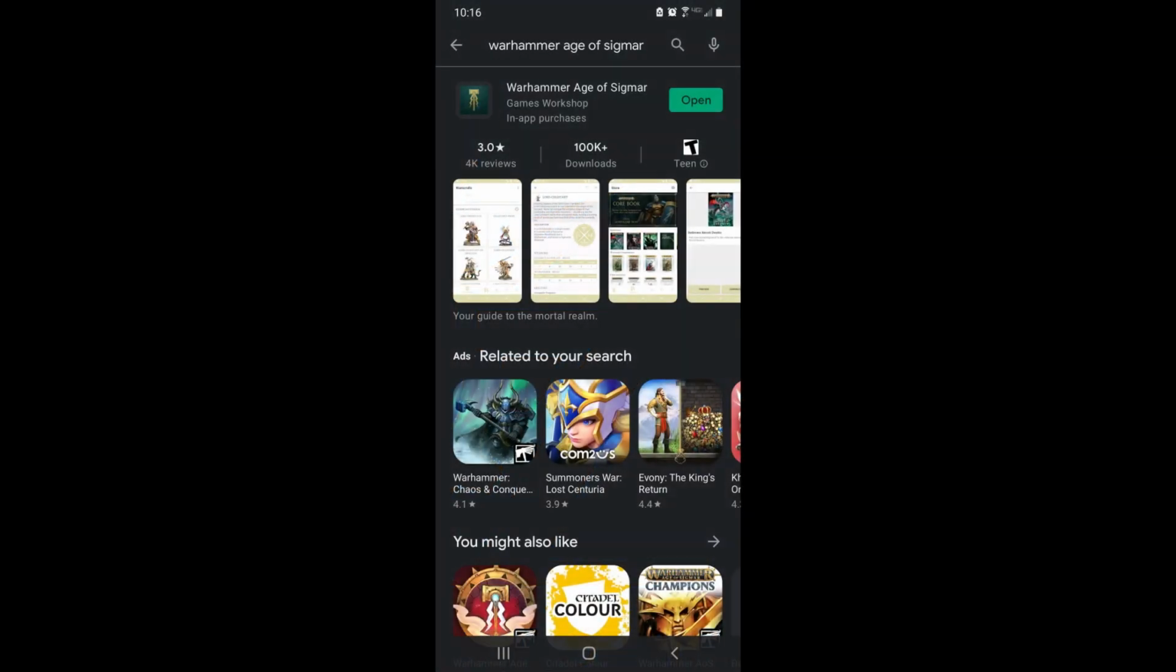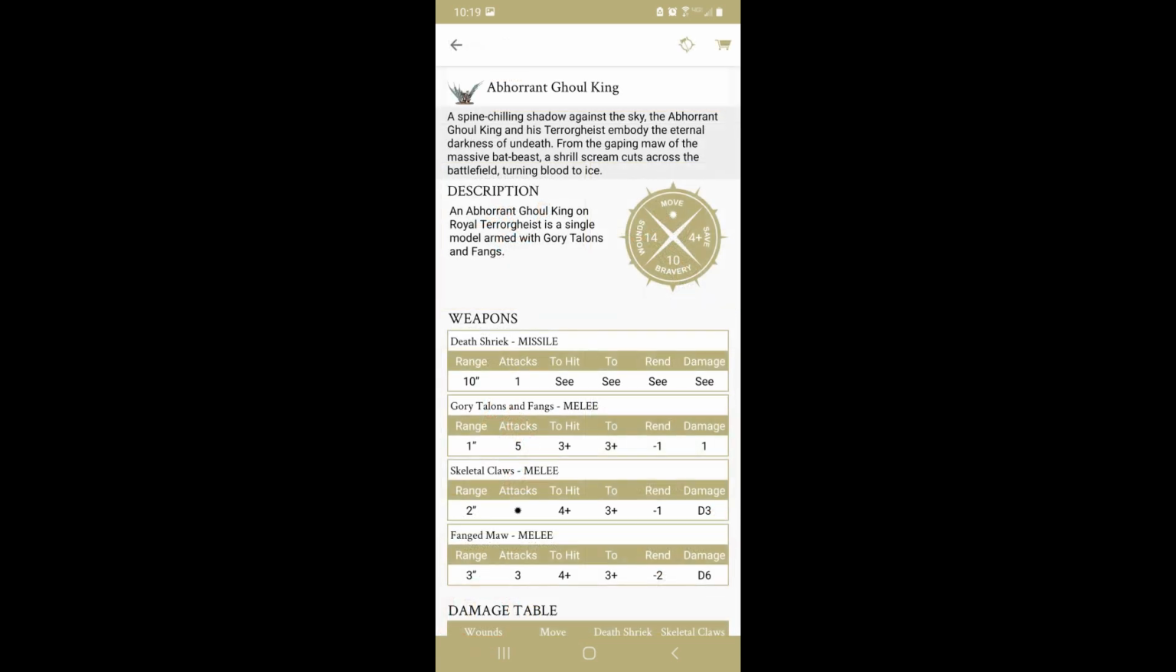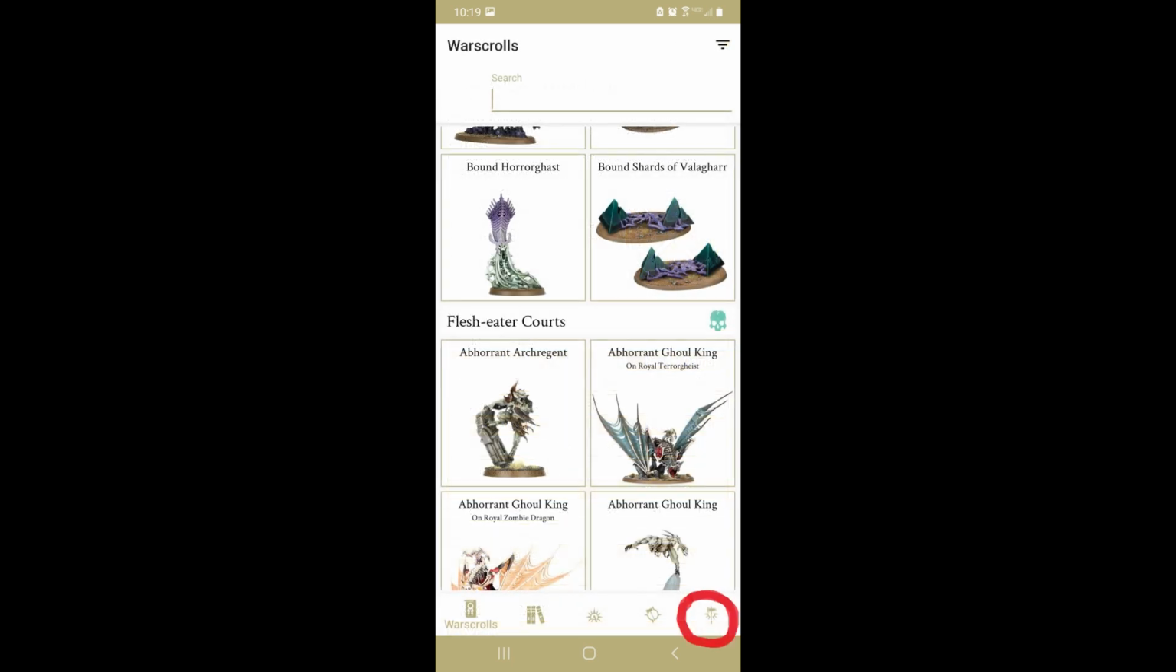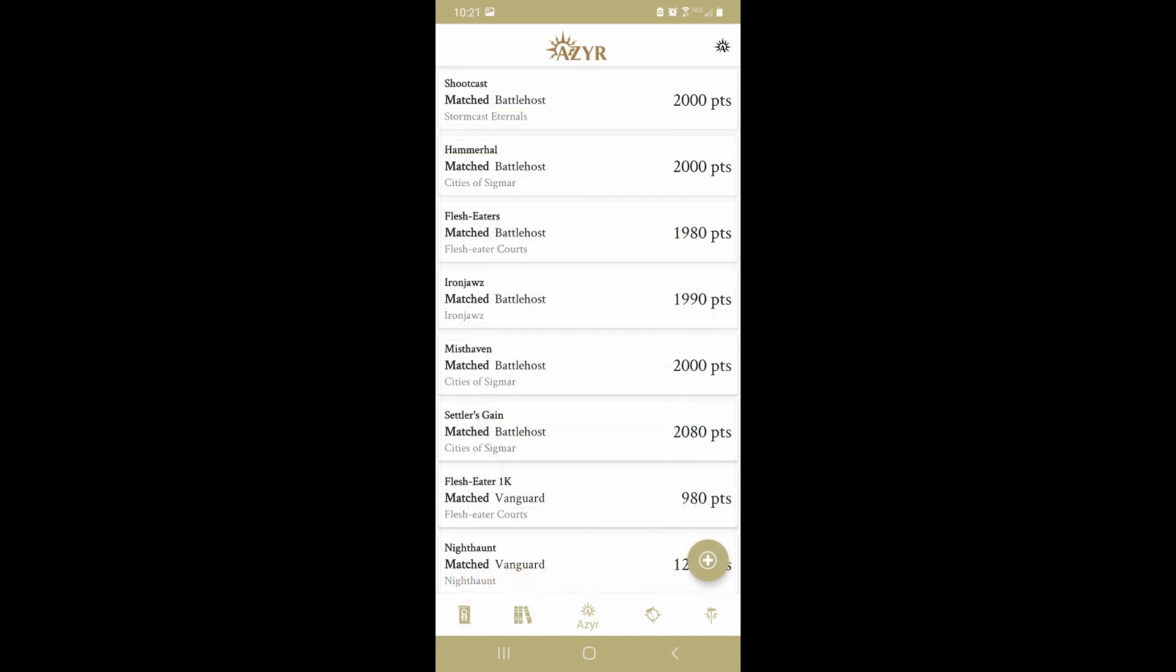From your app store, you can download the Warhammer AoS app at no cost. Once downloaded, there is a Warscrolls tab at the bottom that has every available Age of Sigmar Warscroll. These are also updated if any changes are made. You may also access the core rules by clicking the hammer symbol at the bottom of the screen. For a subscription, you can build and save lists via the Azyr app, but Warscroll Builder works just fine. Speaking of Warscroll Builder,